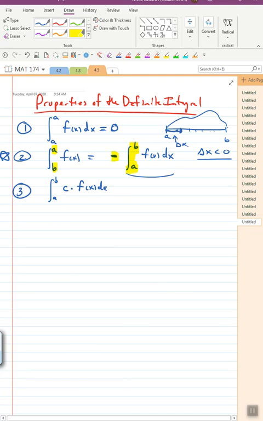Since the definite integral is a limit, and we know that when you take limits you can move constant multiples in and out of the limit, that means when I take the definite integral of a constant times a function, I should be able to pull that constant outside of the integral. So it's that same old property we've seen many, many times. Here's another one that's fairly obvious. If I take the definite integral of f plus or minus g,